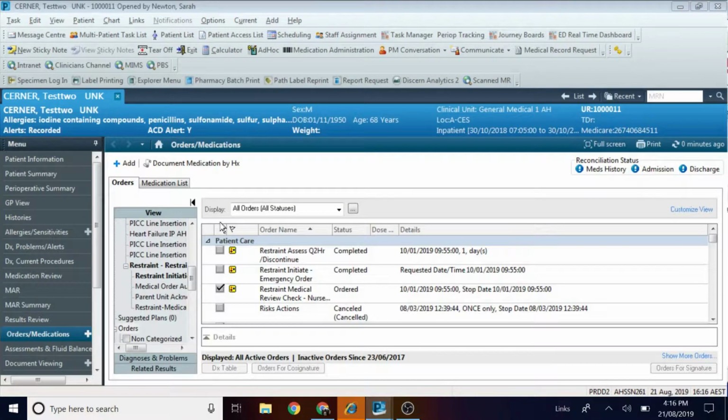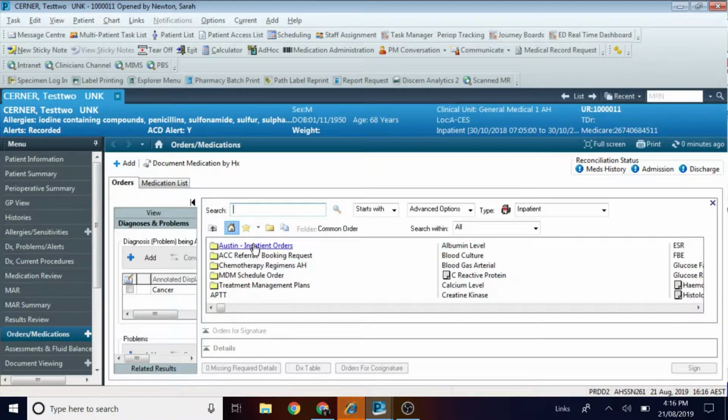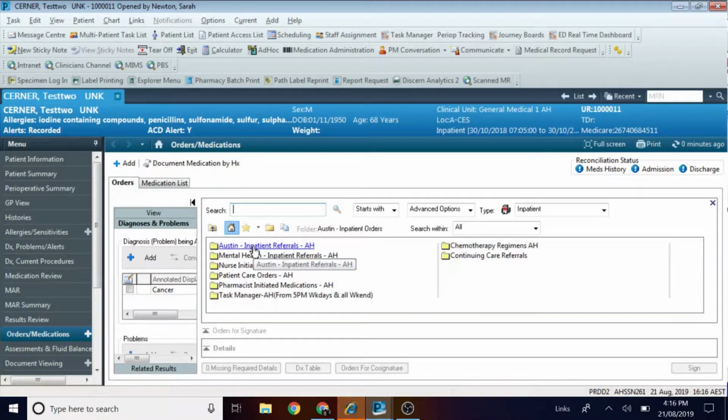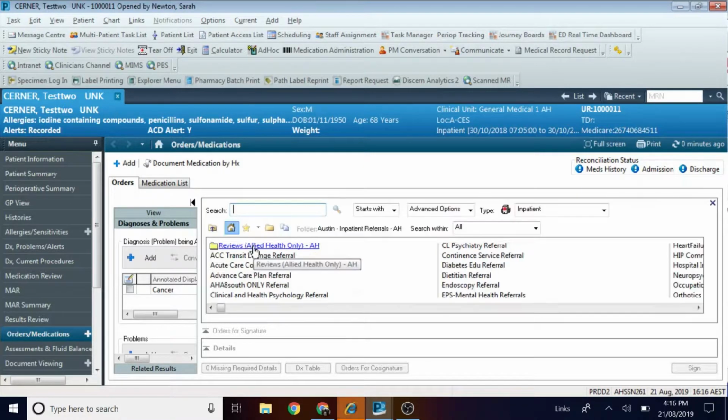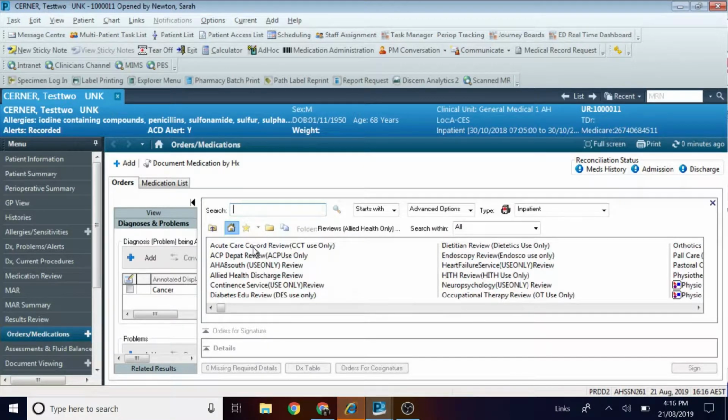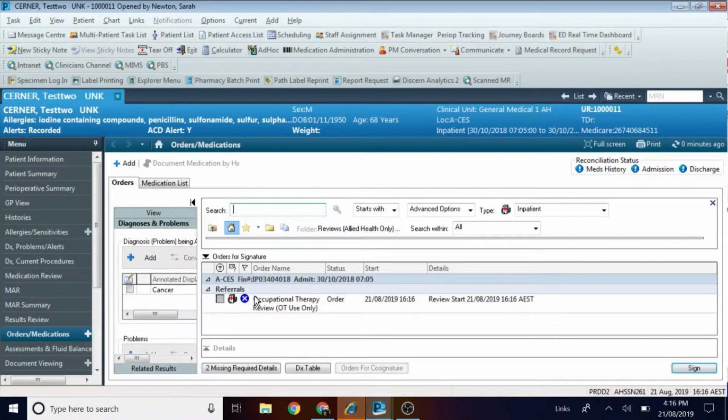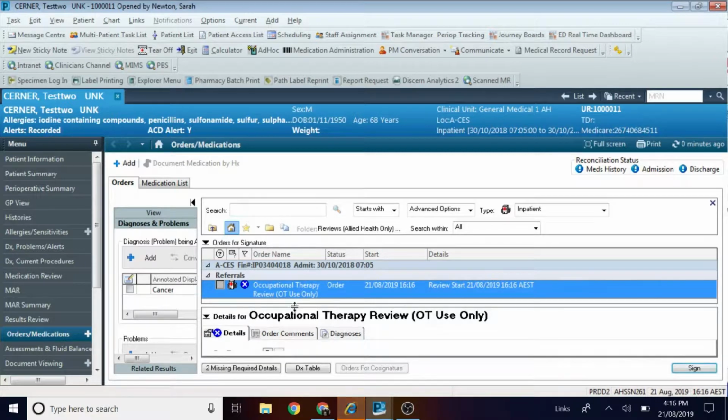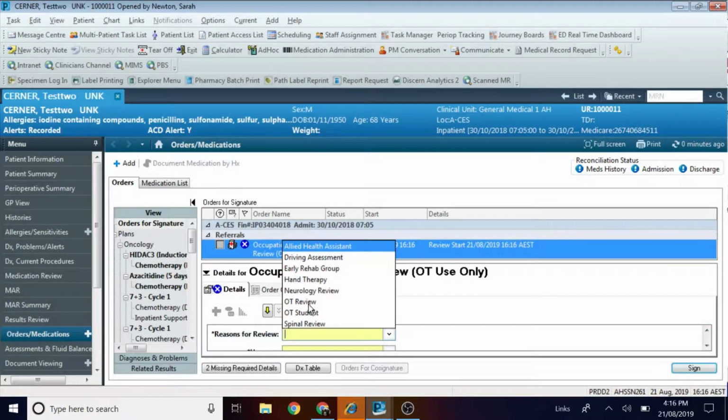Then we want to add a new review. So we can add up here. Click on Inpatient Referrals, Inpatient Reviews, Occupational Therapy Review, OT Review in the drop-down box,